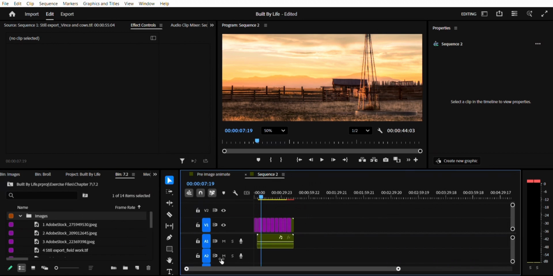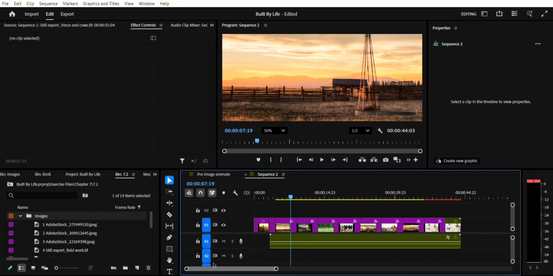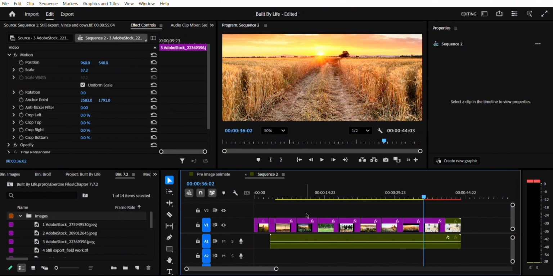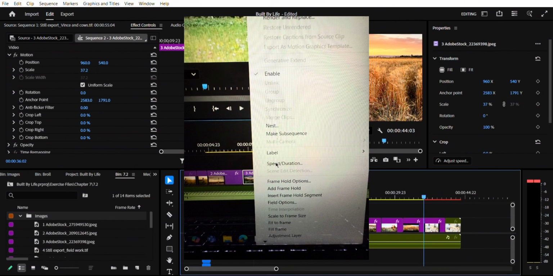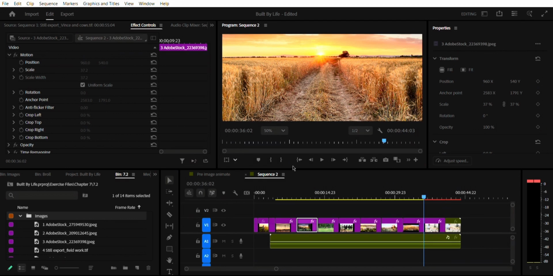And also, if you want to zoom in and out to look at what you're editing more clearly, you can also zoom in and out down below. So first, just before we even start editing these pictures, edit the duration of the images. So what you're going to do is right click and then something called speed/duration pops up, and you're going to click that. And then you can edit the amount of seconds that you want to have,